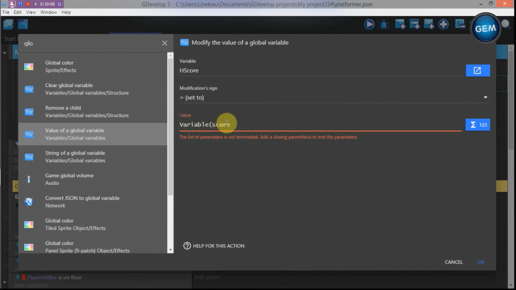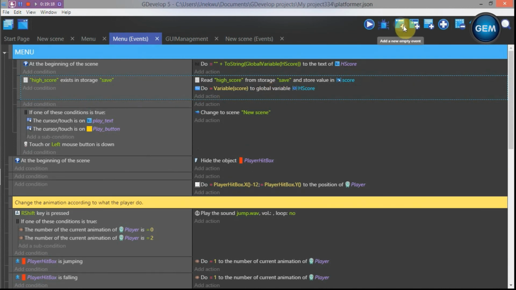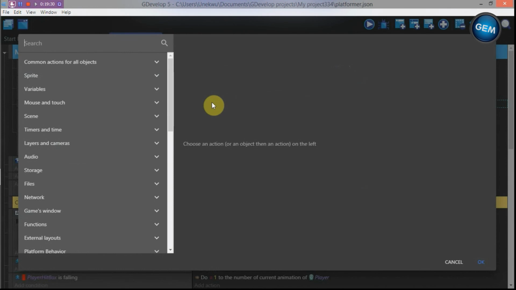As you can see, a lowercase s, so variable score. So we'll do variable score, which is this, to the global variable h score. Add an empty event. Now let's set something like this to connect our global variable h score to our text high score. So let's go modify